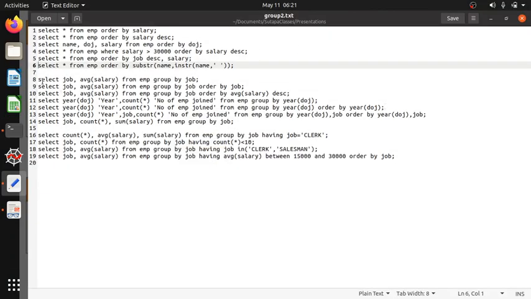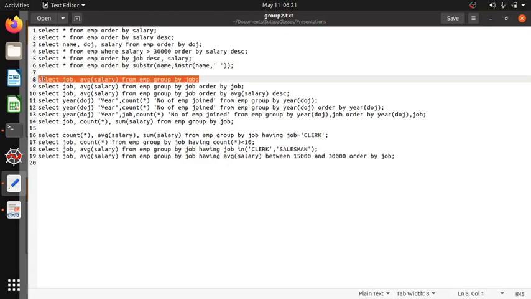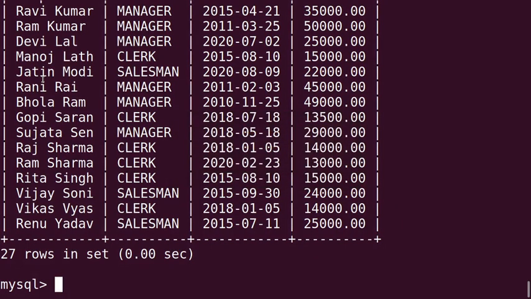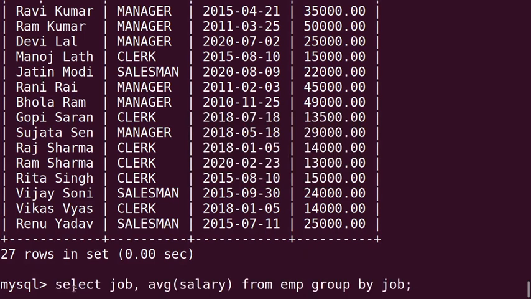First query we will take: select job, average salary from EMP group by job.